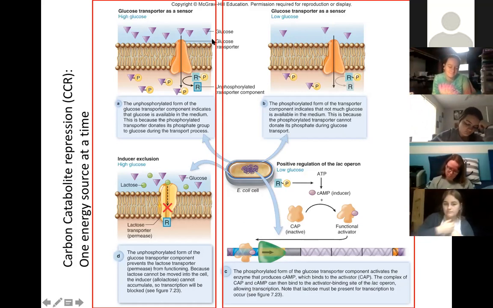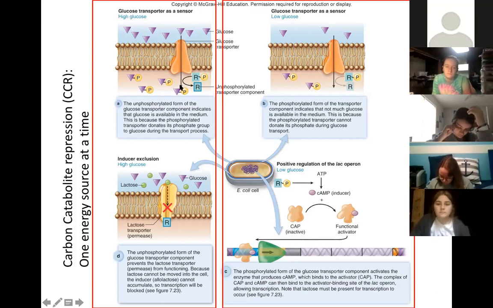So in this case, these little triangles are glucose, right? And so you are taking glucose into the cell. And you remember I told you before, when we were talking about the central metabolic pathways, one of the things that happens to glucose, because it helps you hold on to glucose, whether you're a prokaryotic cell or eukaryotic cell, is you phosphorylate glucose as it enters the cell. And here, doing that is something called a transporter component.